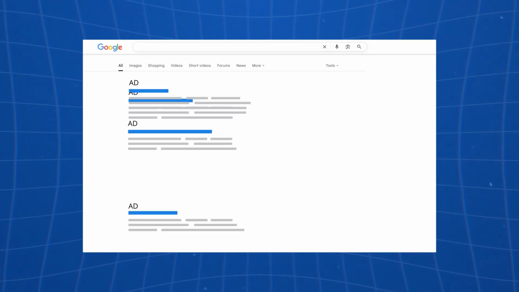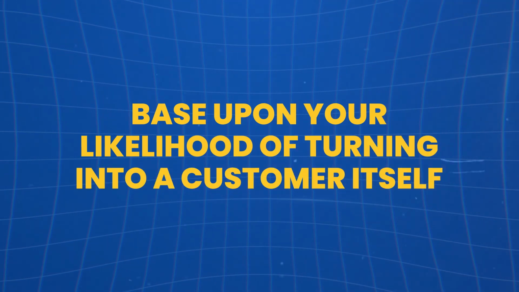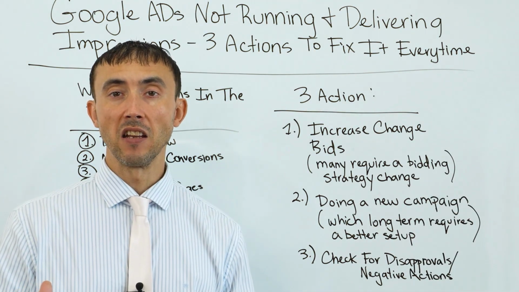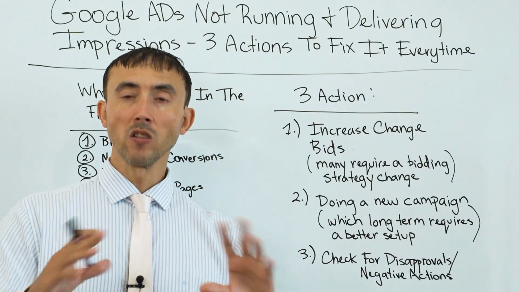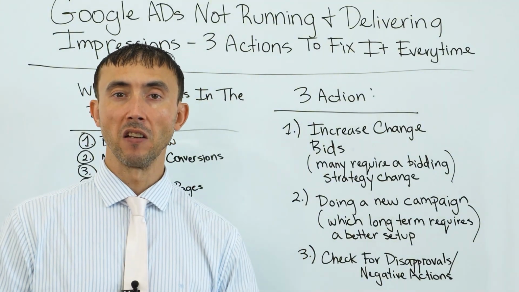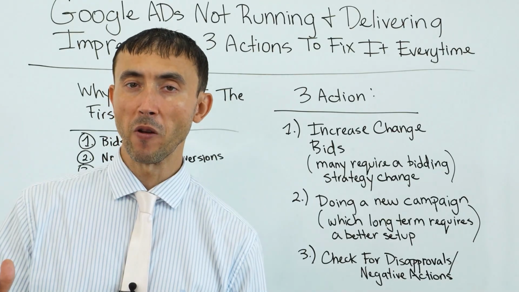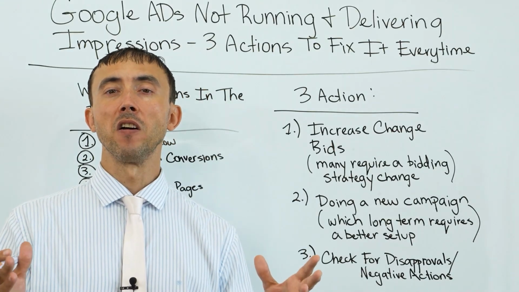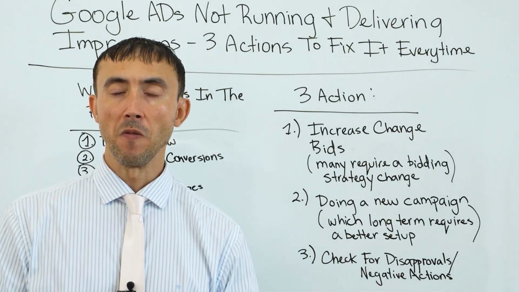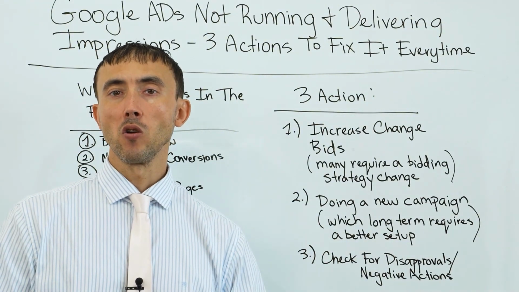So they have to rotate in and out the ads, and they're going to try to decide should your ad show for a particular person or not based upon your likelihood of turning into a customer itself. So otherwise they'll show somebody else's ad. And ultimately, because of this, you will never show up 100% of the time in a competitive market. If you're the only 1 or 2 in a market that are advertising, you're going to show up a lot more frequently and easily because Google doesn't have the choice of showing somebody else, if you will. But even if you are a brand new advertiser and there's no competition, you may not